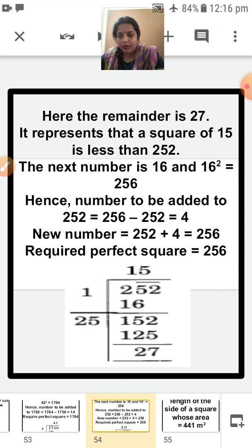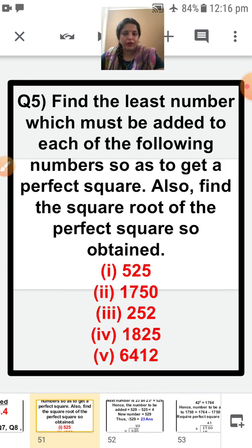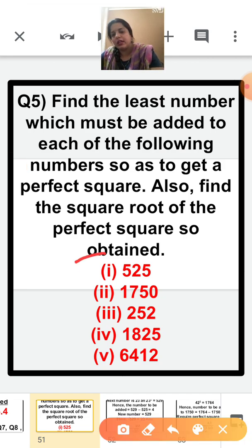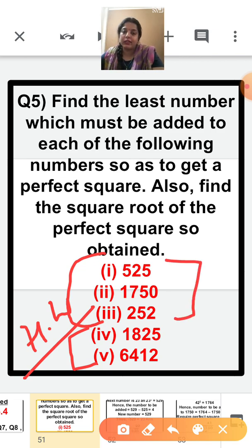Okay, now how many parts have we discussed? Total parts we have are 5. So right now I have discussed these 3 parts with you. The next 2 parts are your homework, children. At the end I will show you what homework I am giving you, but still I am telling you, only 3 parts we have discussed. The last 2 parts are your homework.